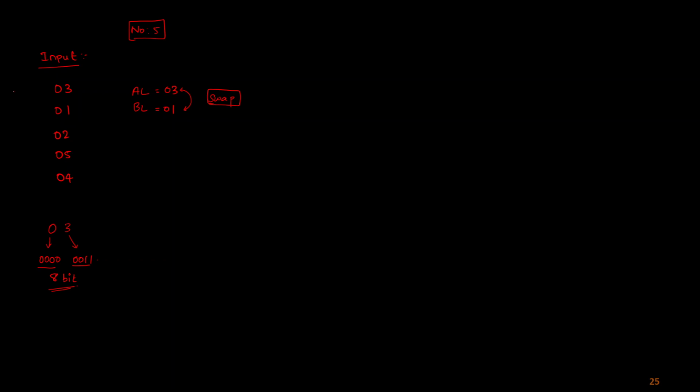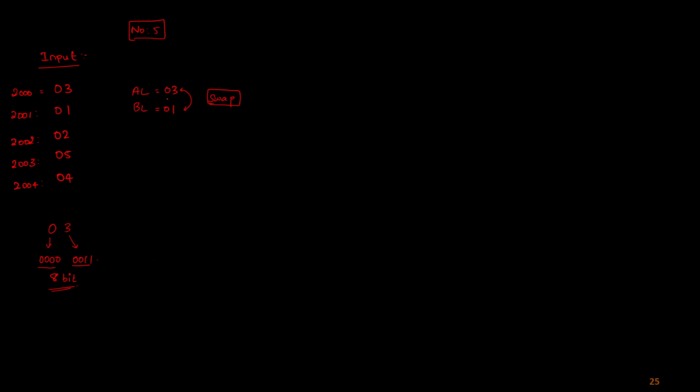So assume that the memory location of this value is at 2000, and this is at 2001, and this is at 2002, and this is at 2003, and this is at 2004. Just for understanding. So I have to move these values here using the register indirect addressing mode,